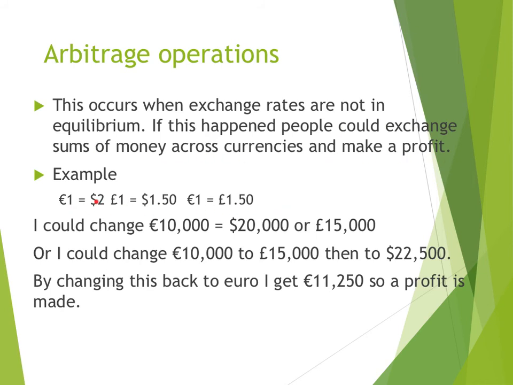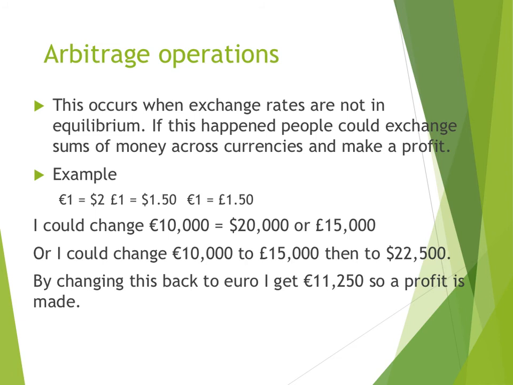So just giving you a couple of exchange rates here. So €1 equals $2, £1 equals $1.50, and €1 equals £1.50. So very straight, we could change €10,000 and we could get $20,000 from this exchange rate here, or £15,000 from this exchange rate here. However, I could also change €10,000 to £15,000 using this exchange rate. And then I could exchange the £15,000 into dollars, which would give me